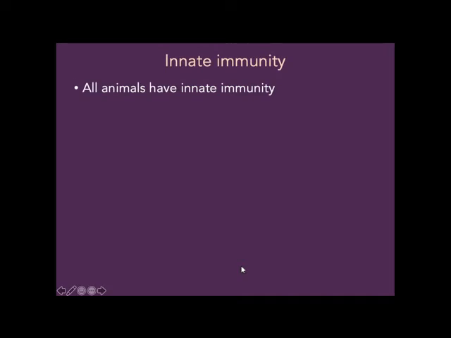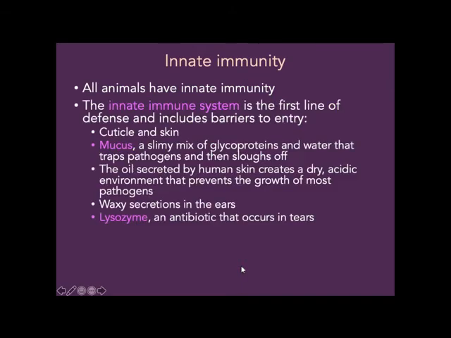So we're going to start by talking about innate immunity, and all animals have innate immunity, every single one. Okay, so the innate immune system is our first line of defense, and this includes basically things like our skin, or if you're an insect, your cuticle, which is a physical barrier that prevents pathogens from getting in. Mucus, so a lot of animals have mucus, well actually most animals, or if not all of them, which is a slimy mix of glycoproteins and water, and the goal of mucus is to trap pathogens and then slough off